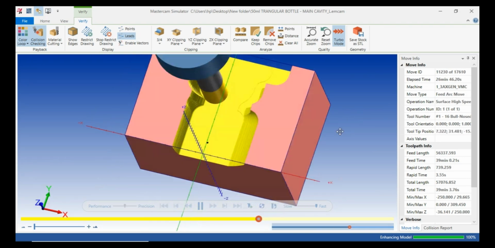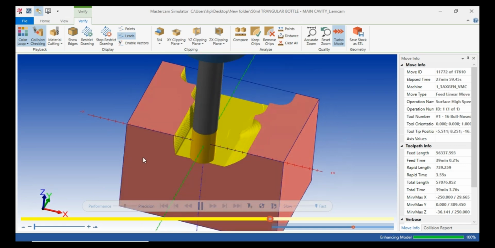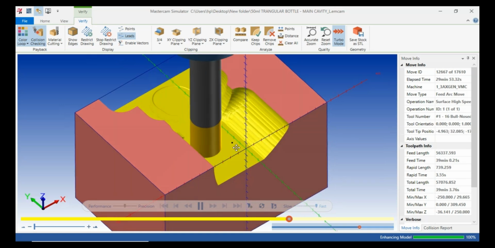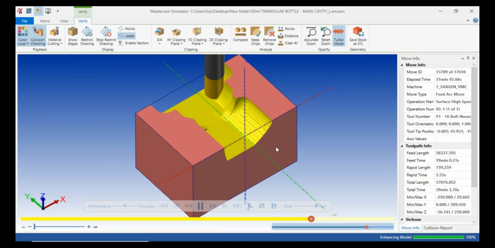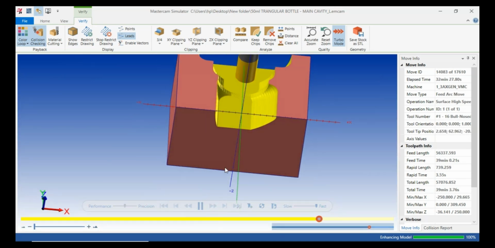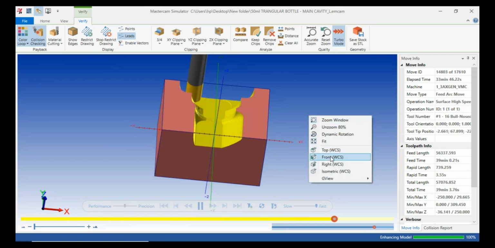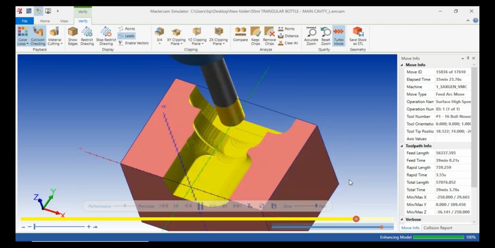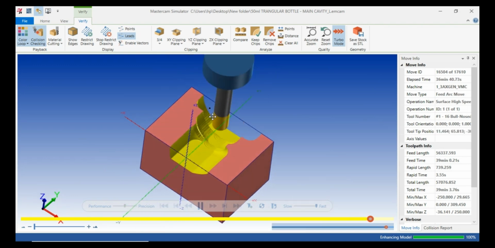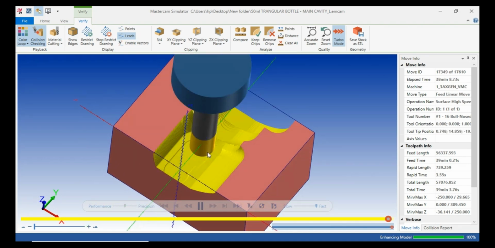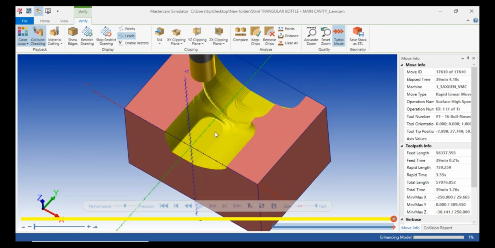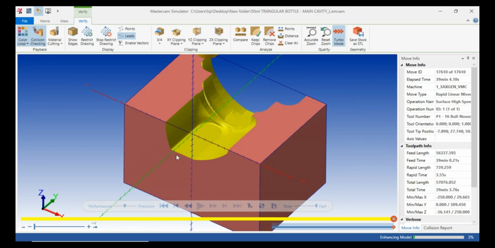Plus point of Mastercam is that you can rotate the model while 3D simulation also. It is like this. It is done. Roughing tool path is done and simulation is done here.